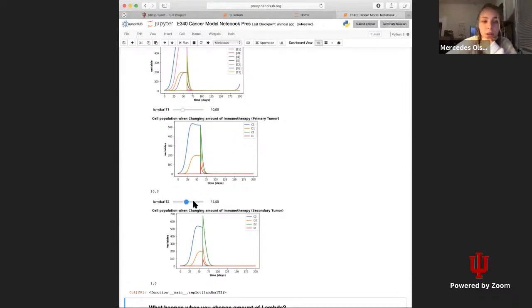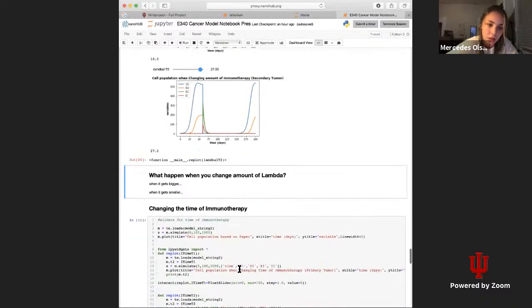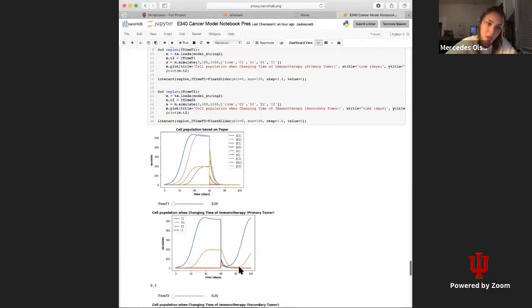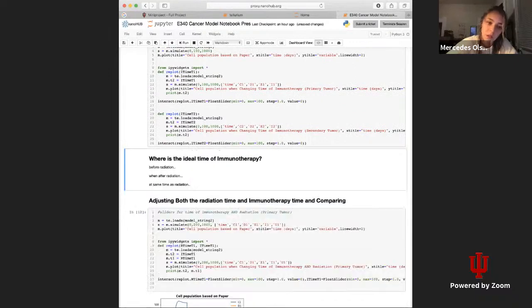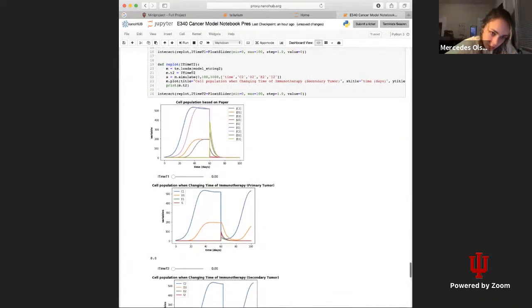And then if you increased it up to like 30, again, now it's a smaller immune response, and the rate's going back. So the cancer cells start reappearing at an earlier time. So now you can change the time of the immunotherapy while keeping lambda at that 20. And just see